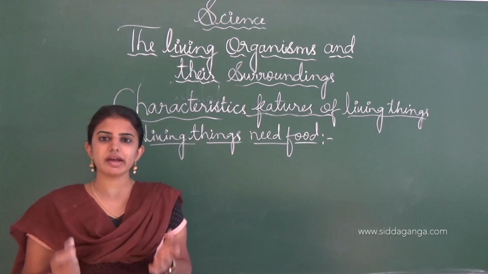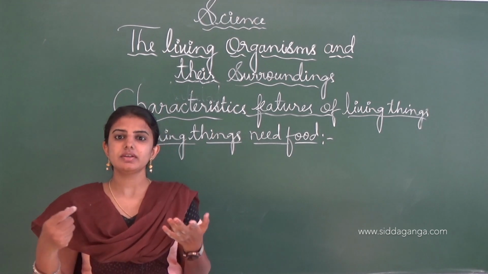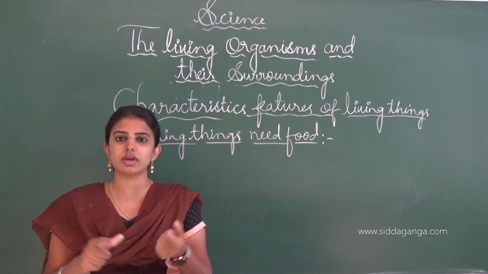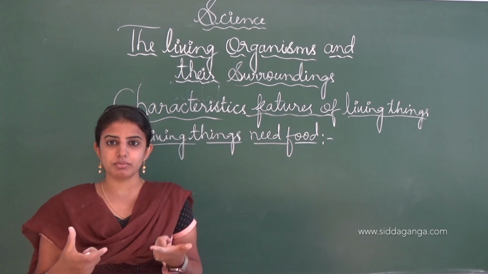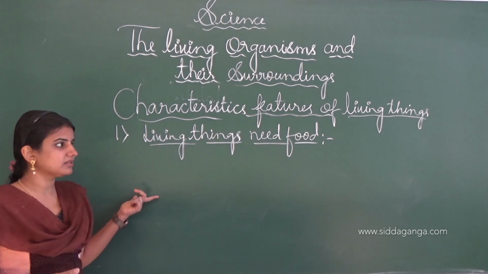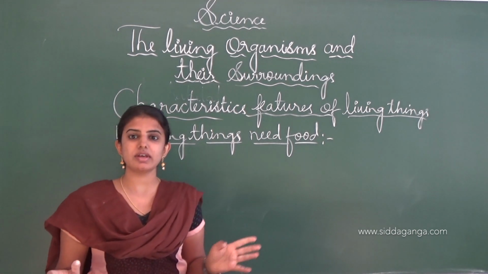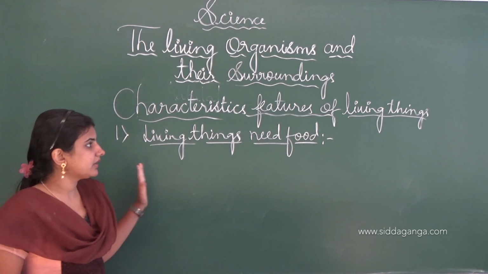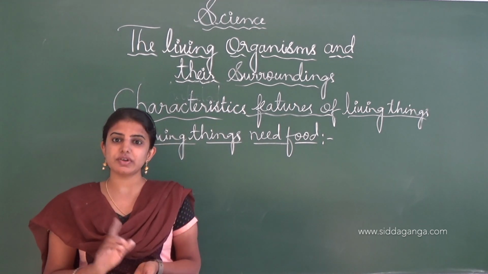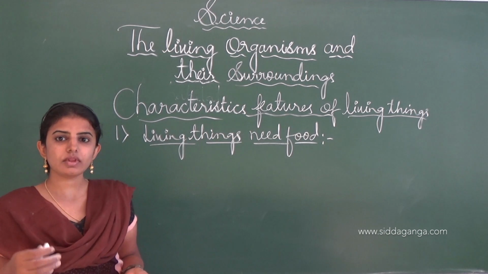By knowing the characteristic features, the living things can be distinguished from non-living things by observing, and by knowing the characteristics we can segregate the living things from the non-living things. See, from the characteristics of the living things, the first characteristic is that living things can